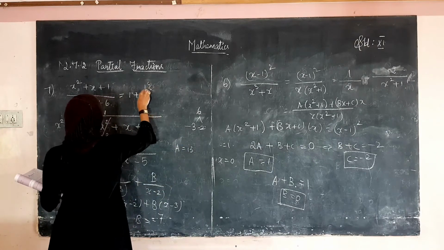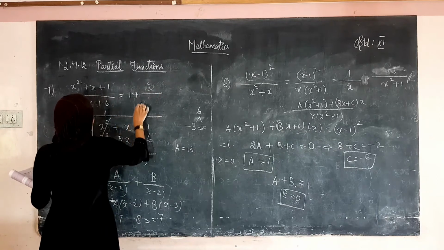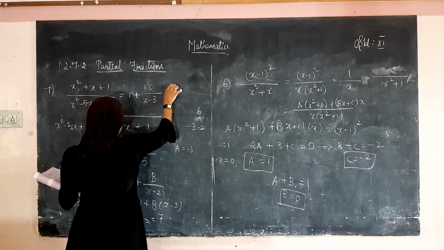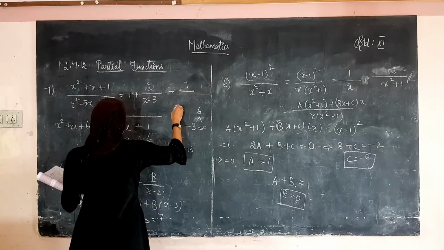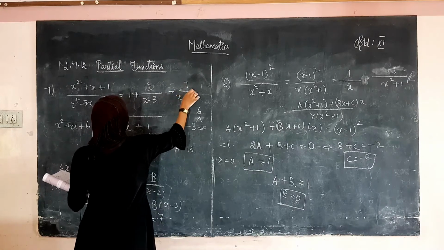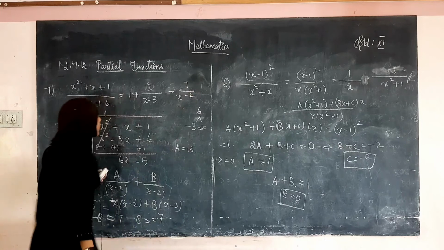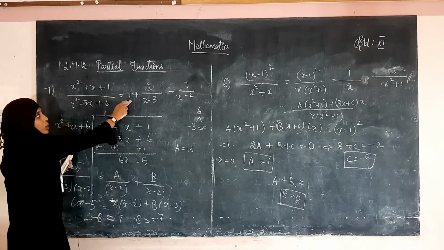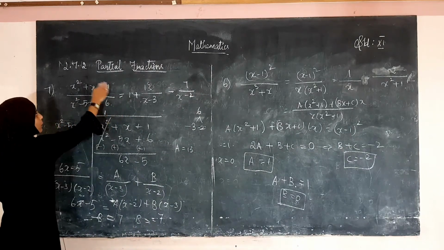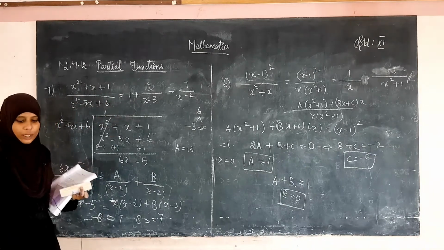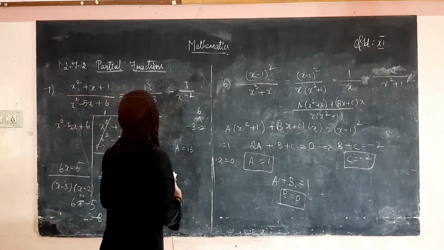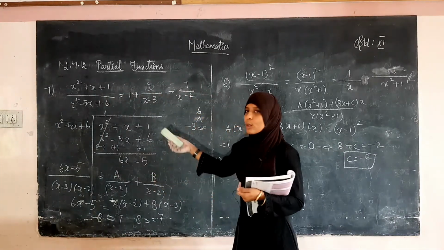So 13 divided by x minus 3, plus 7, sorry, minus 7, minus b, minus 7 divided by x minus 2. So this is how you have to resolve. You have to include this also, 1 plus; don't write only this, write this also, because they have asked the question for this. So 1 plus, you have to include that also. Okay. So why we are saying this, you have to check the degree.